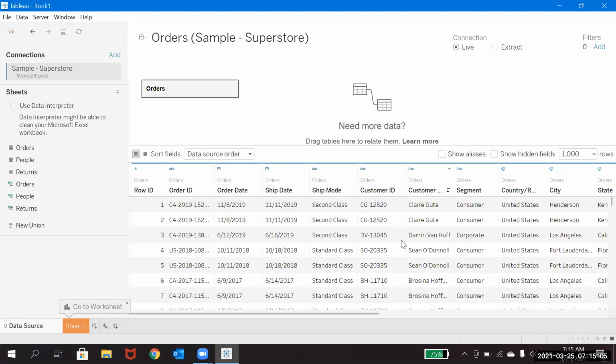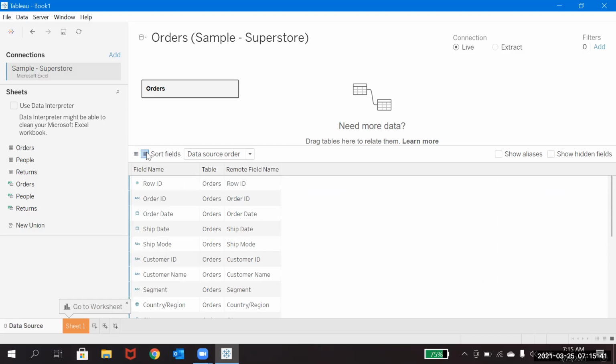And you can see this pane, whatever you are seeing, is nothing but the metadata pane. Why metadata pane? Because here there is the generic table. You can see how the data looks, and on what field the data is there. If you see row ID, how the data is in that column, or order ID, how that order ID looks, and everything. You can observe the manage metadata icon here. If you click on it, this is nothing but the metadata.